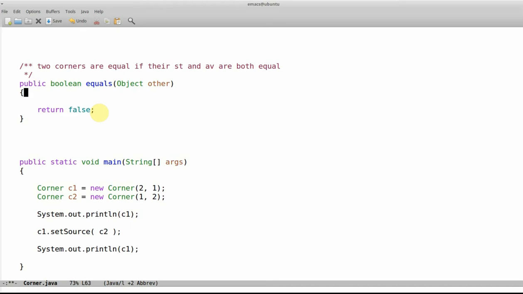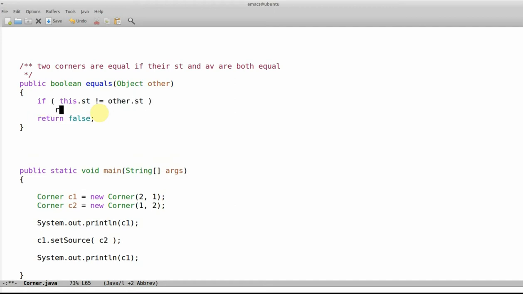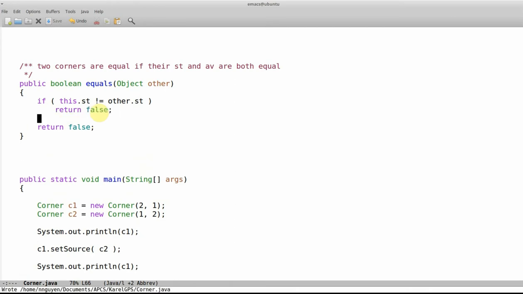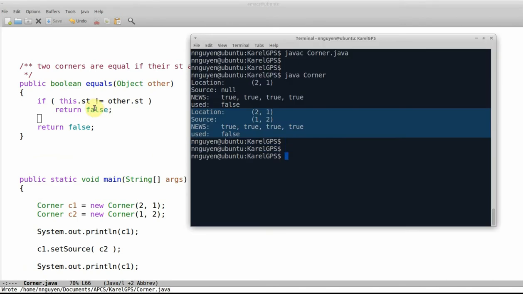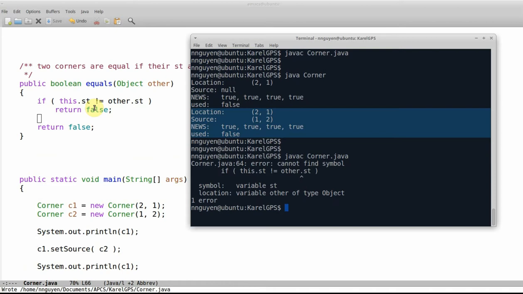Okay, now one of the things that'll be tricky here is, let me write this up here, kind of the way that most students write it. If I do something like if this.street is not equal to other.street, then we're going to return false. Okay, as an example, and there's going to be more to this assignment than just this part. But you'll see here that if we try to compile this, we end up getting an